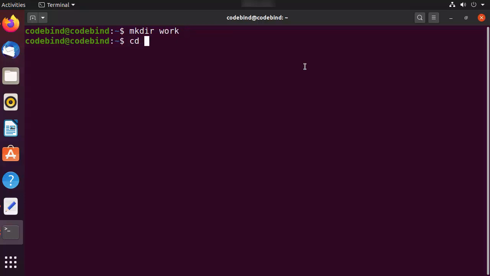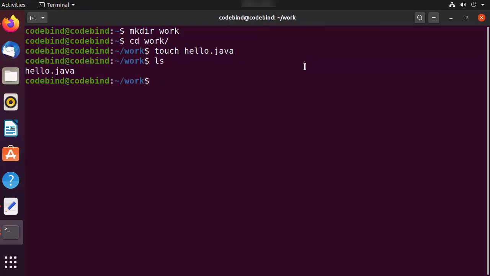Okay, and I'm going to cd to this work directory, and then I'm going to create a file which is called hello.java. And once this file is created, you can see this file is created inside this directory. So I'm going to use gedit to just open this file in the editor.